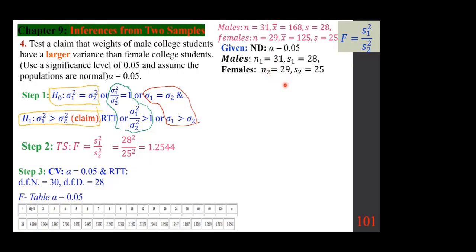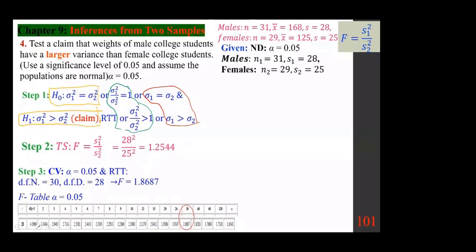So when you look at the table, the very first thing you must look for, alpha of 0.05. That's the first thing, because the F distribution has many tables with different alphas. Then degrees of freedom of the numerator here, top row, and the denominator is the left column. You put them together, and you see that it's hard to read it here. I didn't have enough space. You can look up the table. We end up with